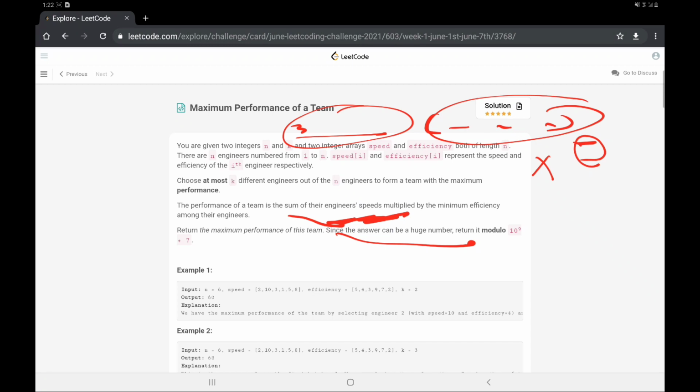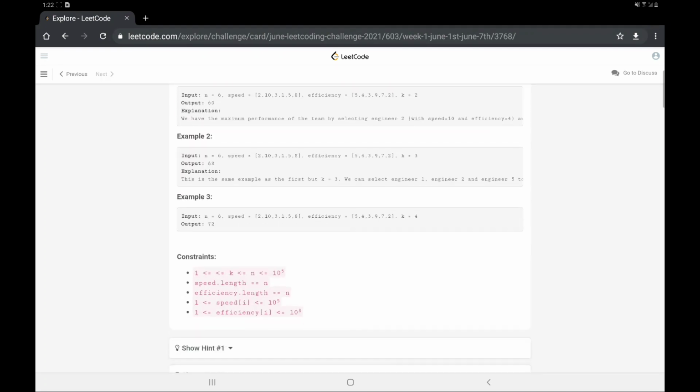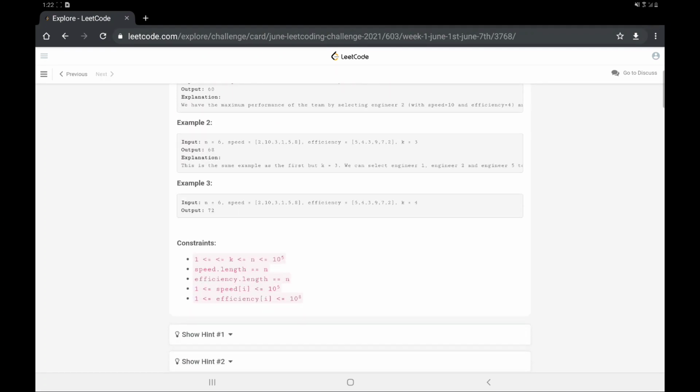I hope the question statement is clear to everyone. Now, moving on, let's see first the constraints for the problem. The given constraints are on n and k. N is the number of engineers that are given, and k is the number of engineers to be selected, ranging from 1 to 10 to the power 5, so minimum 1 would be there.